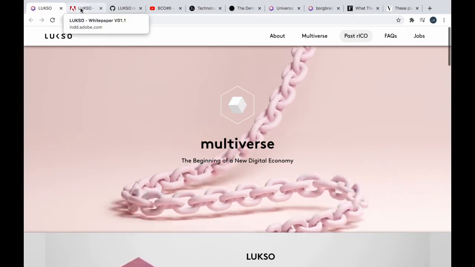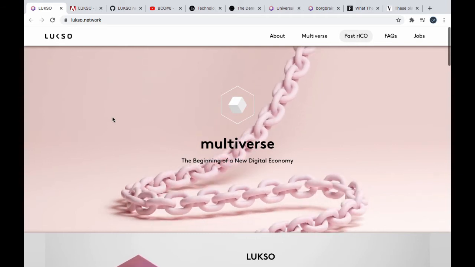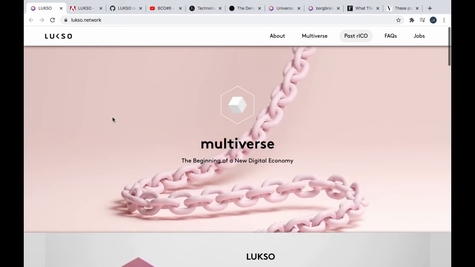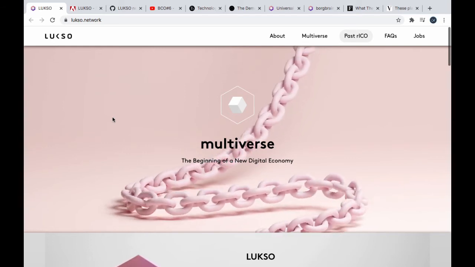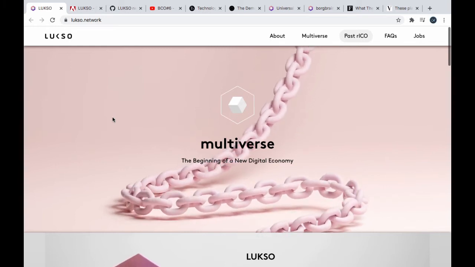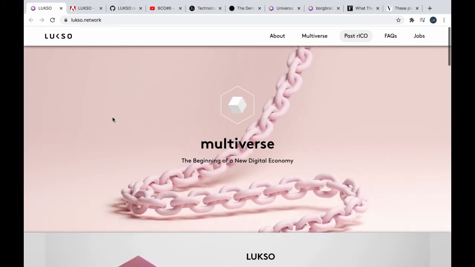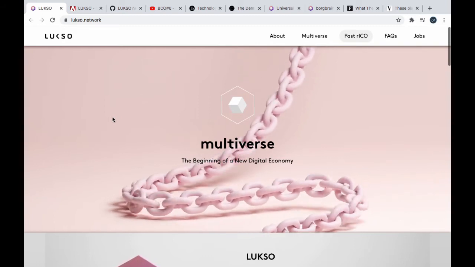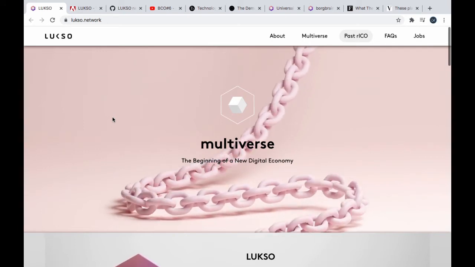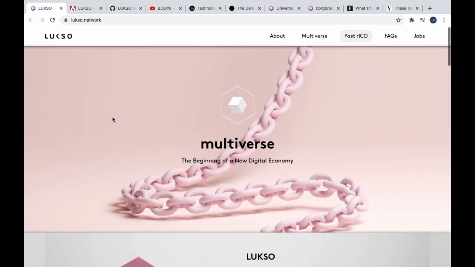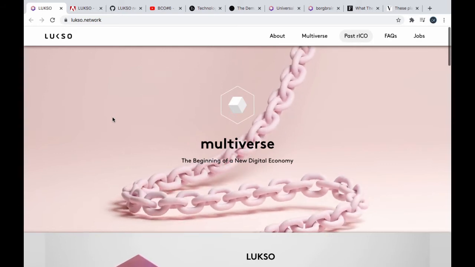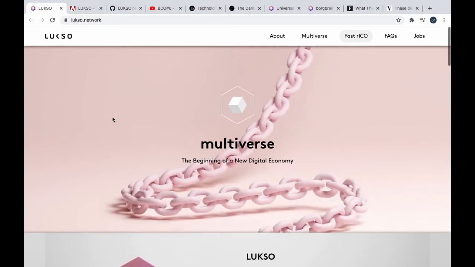So Luxo, essentially, is an ETH 2.0. It's a highly scalable Ethereum blockchain, basically, supporting EVM, WASM, Solidity smart contracts, and all that kind of stuff, MetaMask and everything. But built into the base layer, they have these universal profiles, which is one of the core things that set Luxo apart. And they're heavily focused, at least at the beginning of the blockchain, on fashion and aesthetics, and on NFTs and the metaverse. This is sort of their main focus.